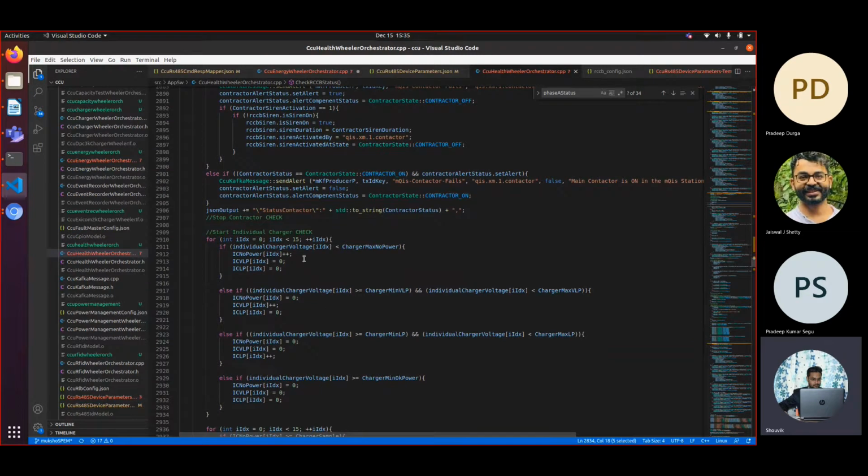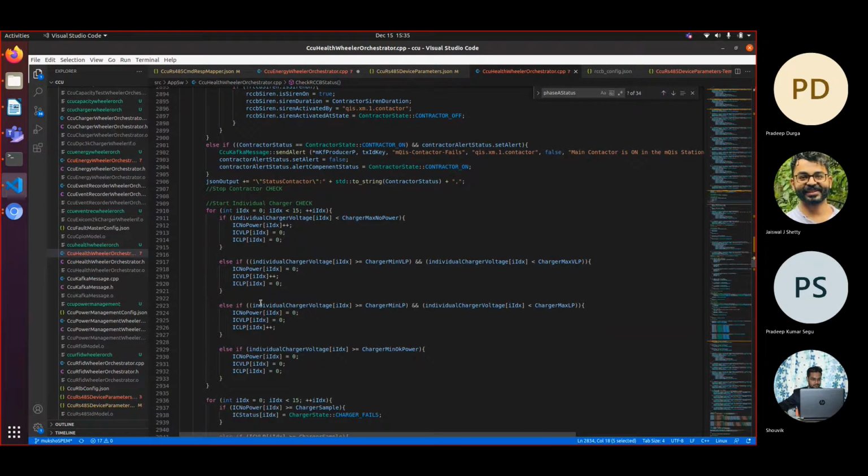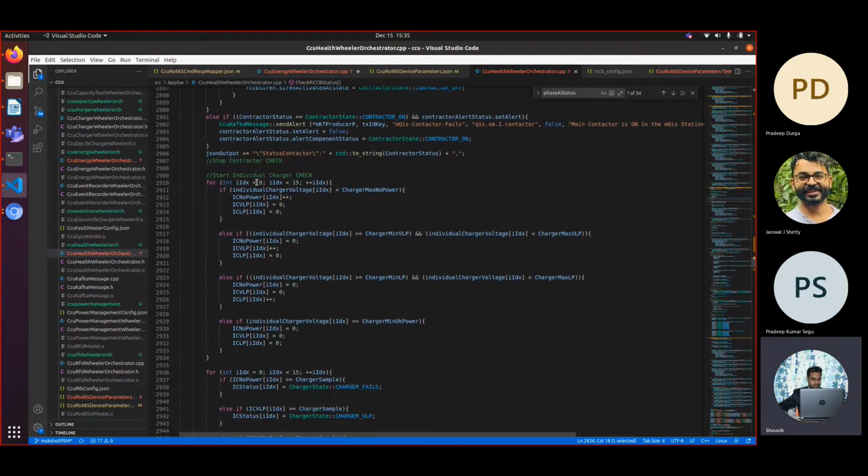Then we are checking for individual chargers. This loop is running 15 times, I mean 0 to 14, because of 15 chargers. For each charger we are checking the status, as this is very similar to the energy meter status.